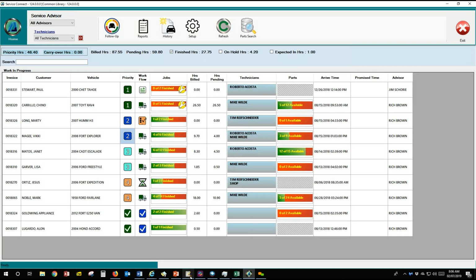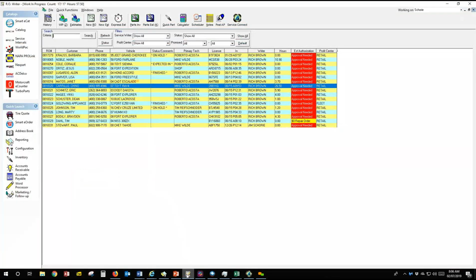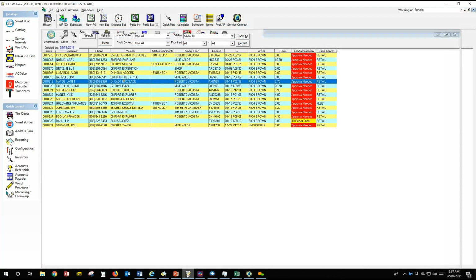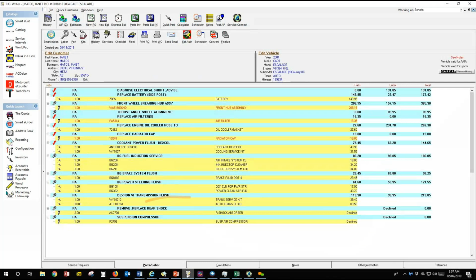Another feature that we wanted to solve was in our writer, you have an issue where, let's see if I pull one up, you have the total of all the jobs that they're working on trying to sell a customer. Then you have stuff that we call decline. And with the declines, when you're talking to the customer, you have to jump between the parts and calculations. And then if the customer says, well, how much is it without doing the flushes or without doing the brakes? And the interface with the customer